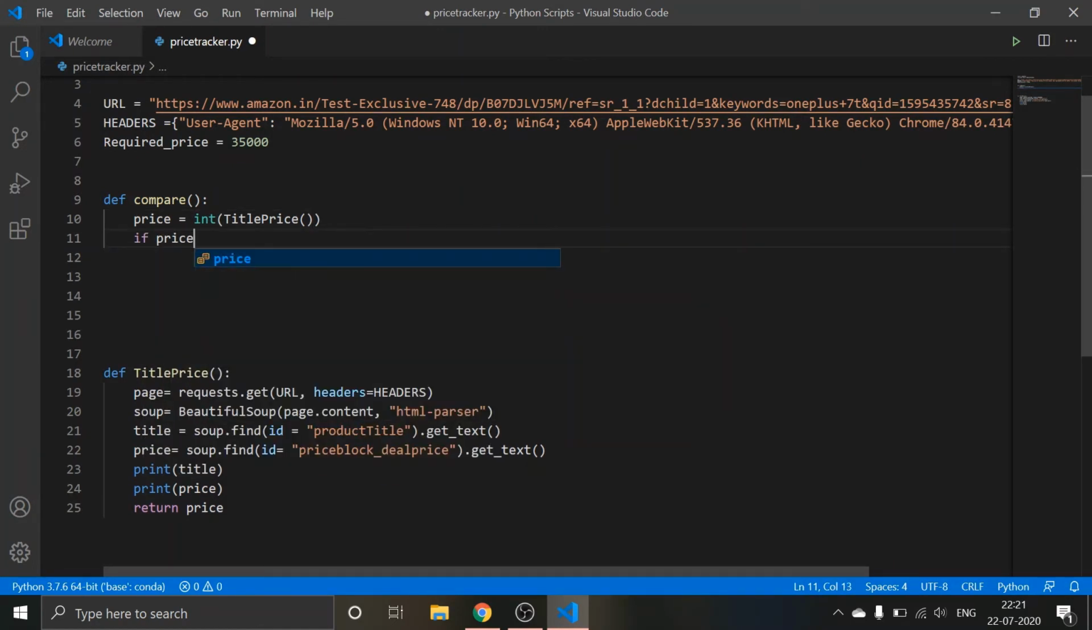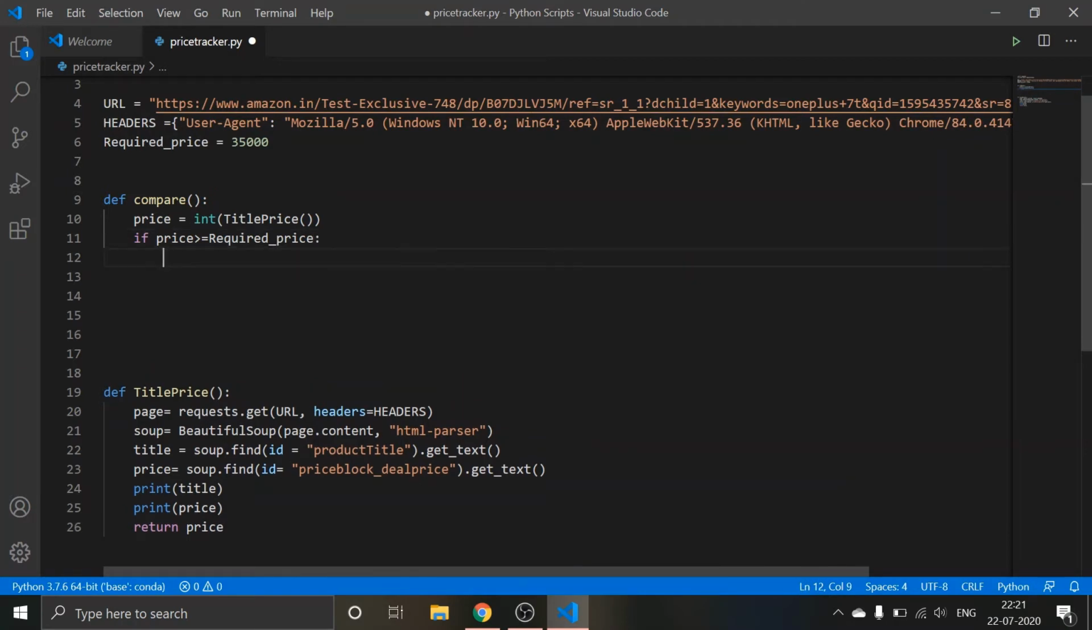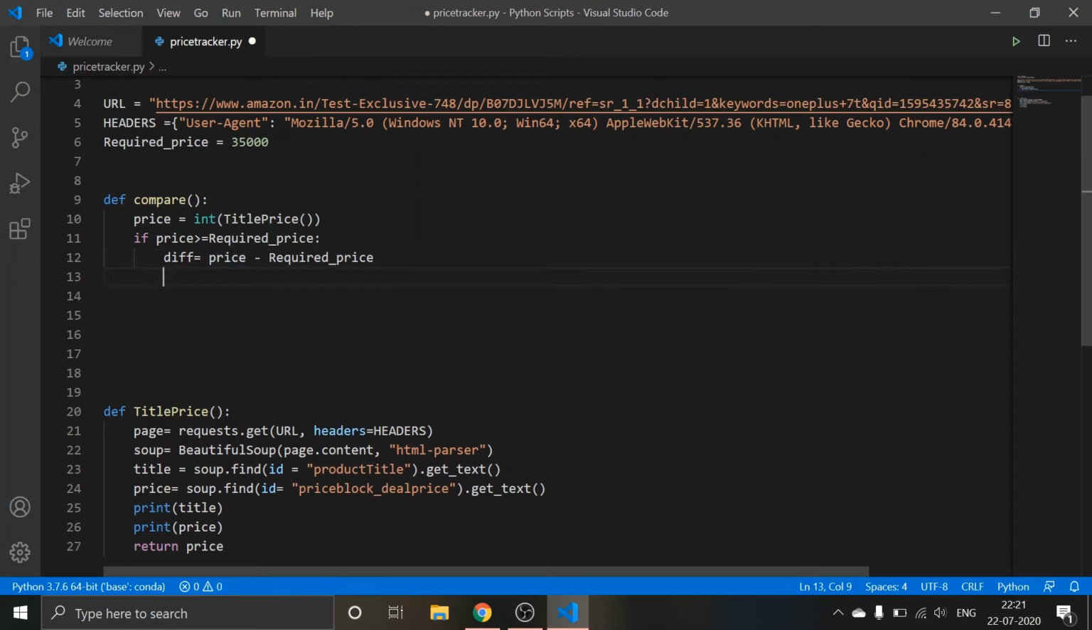If price is greater than or equal to my required price. Okay, note in Python indentation is very important and the colons are also very important while you write anything. Okay, so I'm writing here a variable called difference, which will tell me what the difference actually is. Difference is equal to price minus required price. Okay, because this thing will be greater here in this case, and print